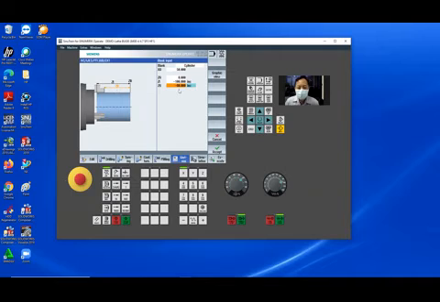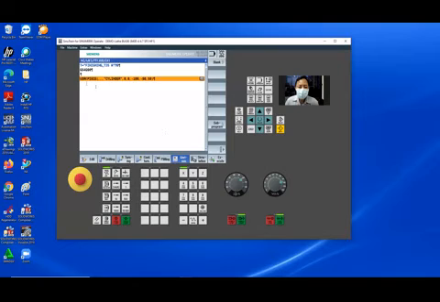This our target only 30, so this is bigger than our target, so no need to change. We don't need this. After this, G96, cutting speed constant.